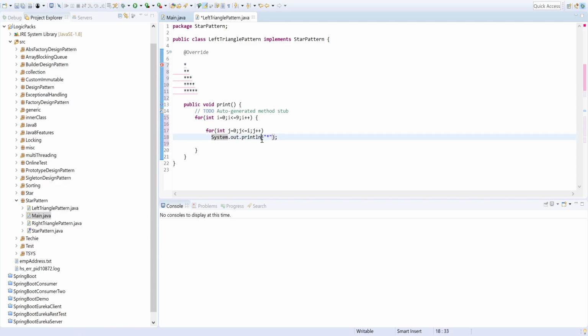And here we don't need to change the line. So what I would do, we have to remove it so it would not change the line. So for j equals to 1, it would again append the star.